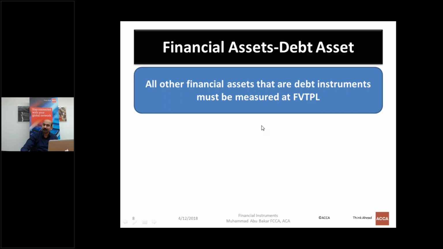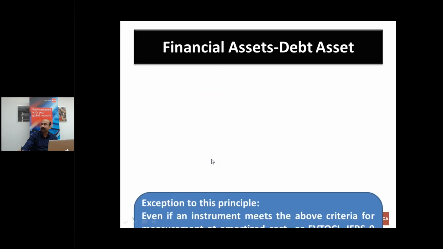So this is the default position. For financial liability, the default position is amortized cost. And for financial asset, meaning debt asset, the default position is fair value through profit and loss. Okay. Now there is an exception, and the same exception applies in case of